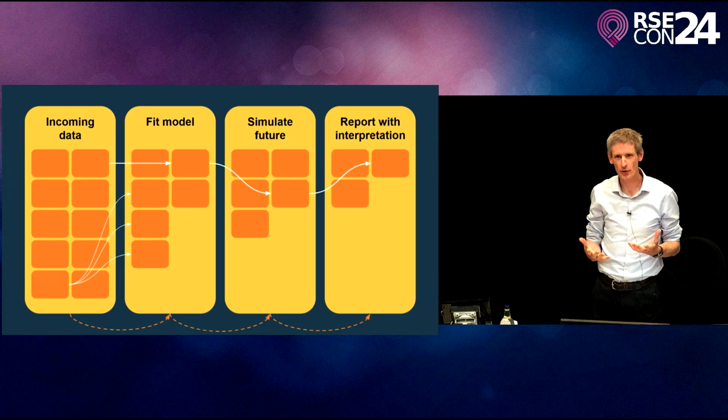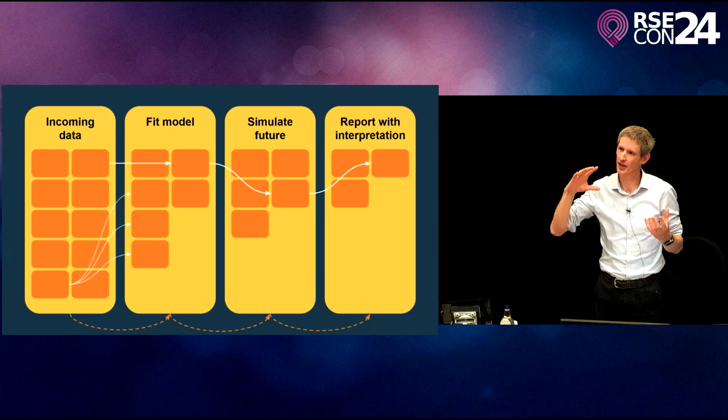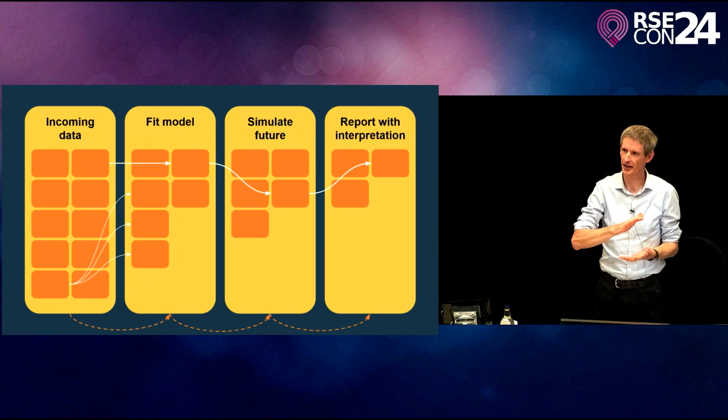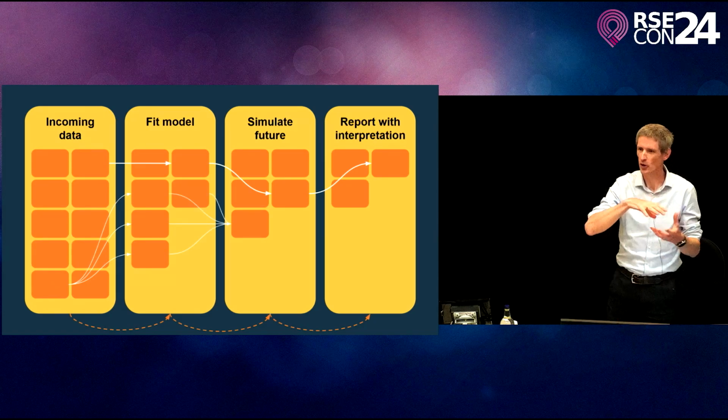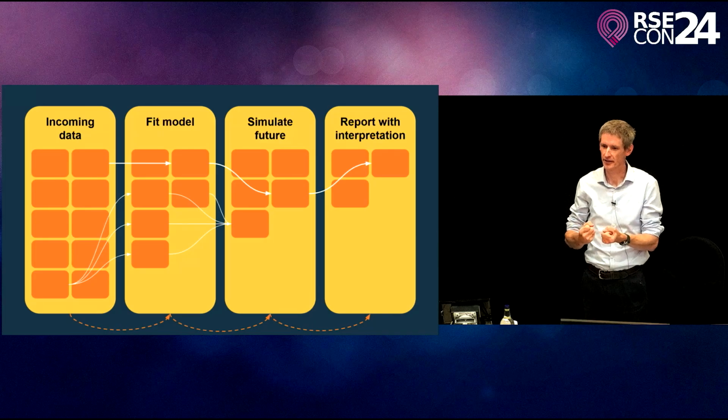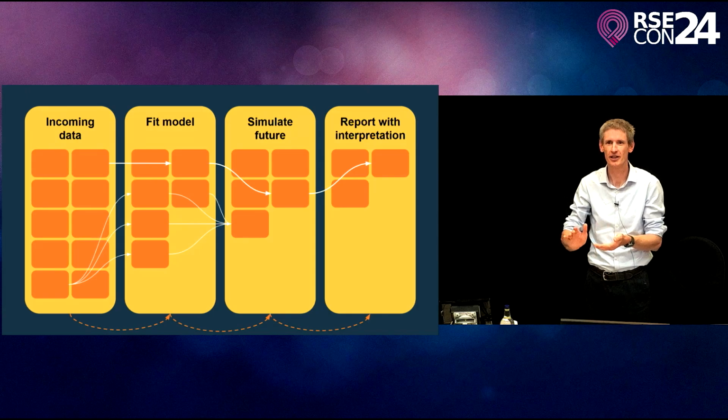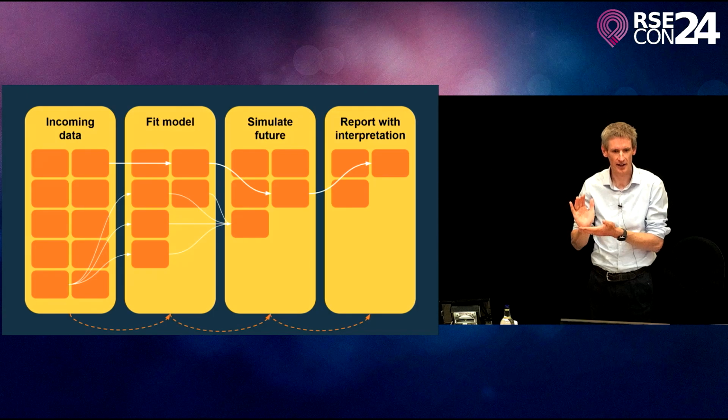And the way people work with this, I think, is often quite different to the way that a lot of the data versioning thinking has gone. One piece of incoming data could appear in multiple model fits, but then multiple model fits might appear in one simulation, one piece of work simulating the future. So you can't just have a single current version that you're keeping multiple copies of in a database, but only exposing one to the users. The users have to be able to work really dynamically with the artifacts stored in these graphs.